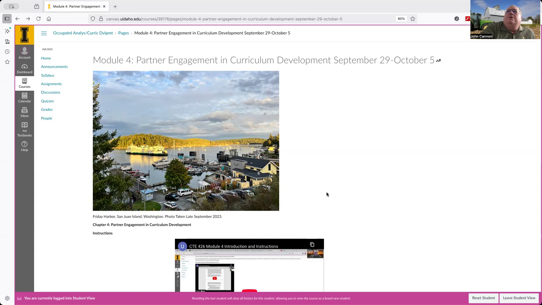The picture I'm sharing with you is one that I took a couple years ago in September. I visited San Juan Islands in Washington and Puget Sound for a college friend's wedding back in 2023. Here's a picture from the balcony of the restaurant where they had the reception, looking out over Friday Harbor in the San Juan Islands at sunset.